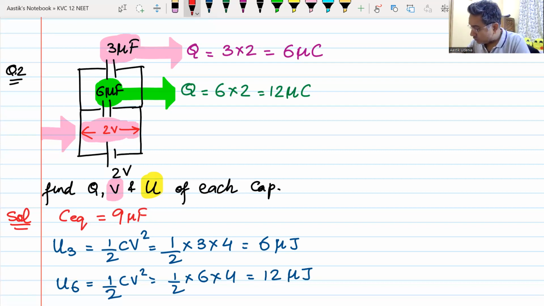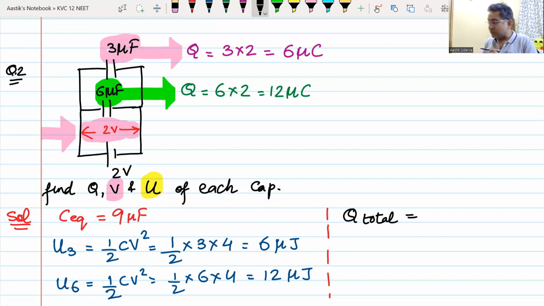Now there are also two more questions that can be asked. What is the total charge which has flown? Sometimes they ask you what is the total charge. Now, if you ask your total charge, you know how to find out the total charge. Charge on this is 12, charge on this is 6. So what is the total charge? You just need to add these two charges and you will get the total charge, my dear friends, 18 microcoulomb,